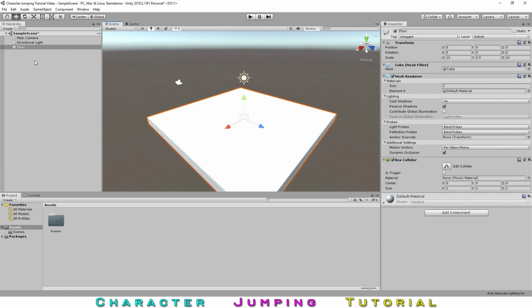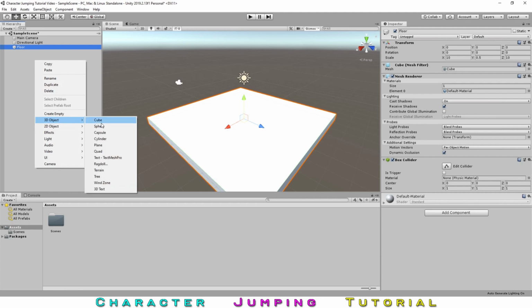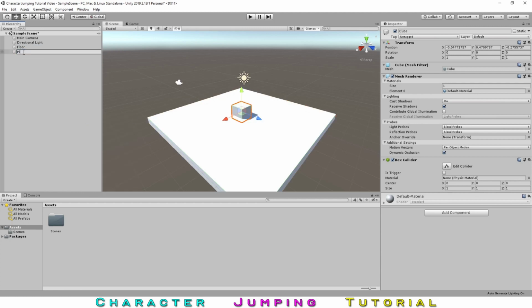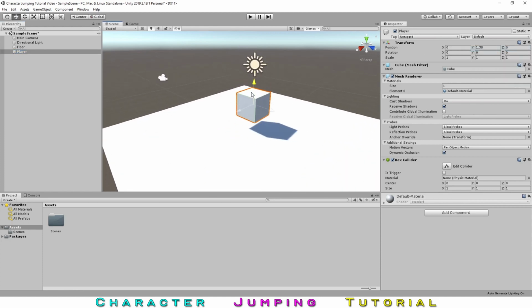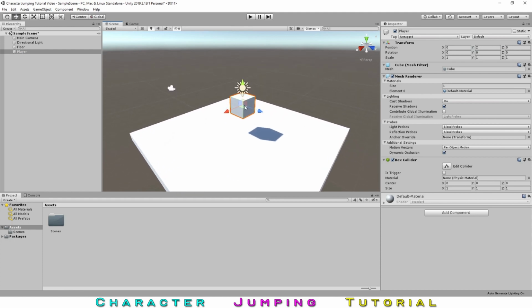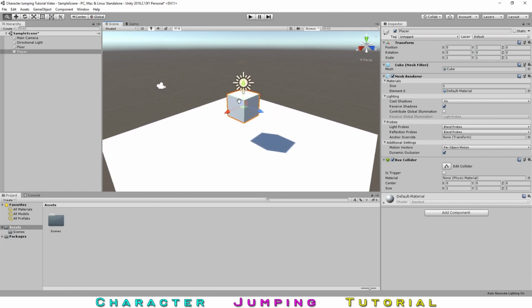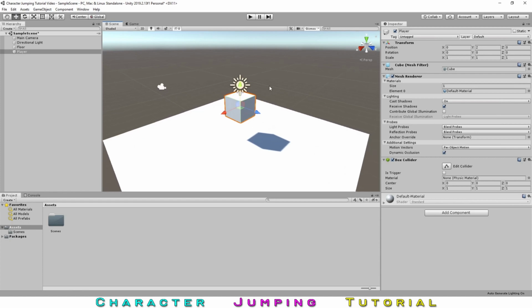So now let's make our player by creating another cube and rename that to player. Then let's move this to the center of our world as well. And then let's just drag it up a bit. That looks good to me. So then when we have gravity and all that, we can see that our player is falling like we want